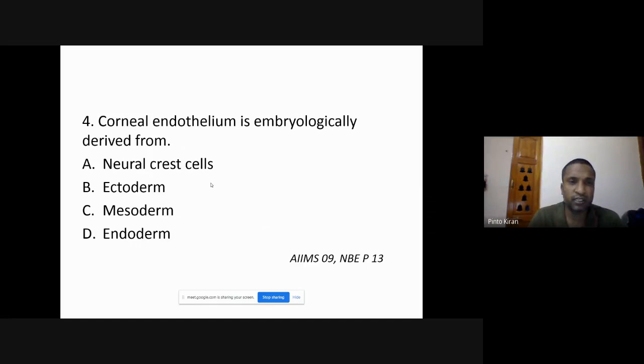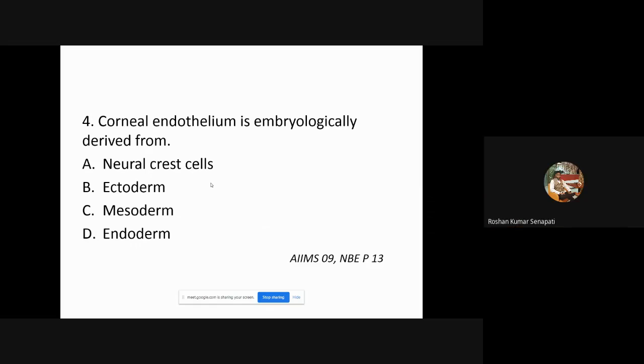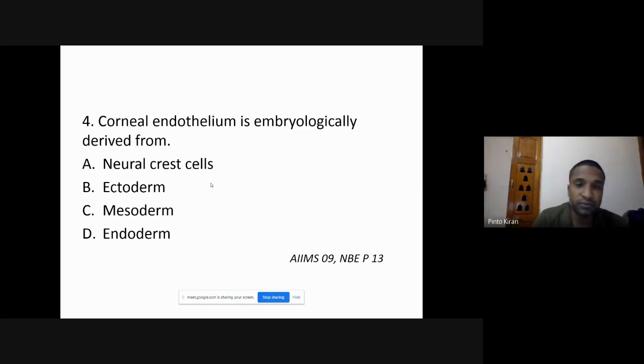This is one more question. Corneal endothelium is embryologically derived from? Surface ectoderm, sir. No. The corneal endothelium arises from the